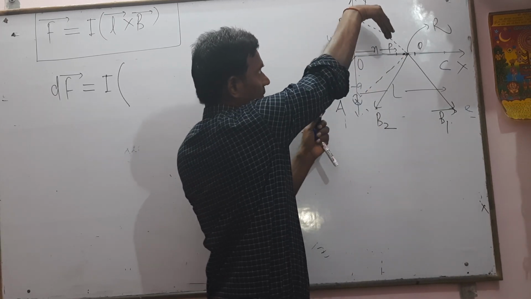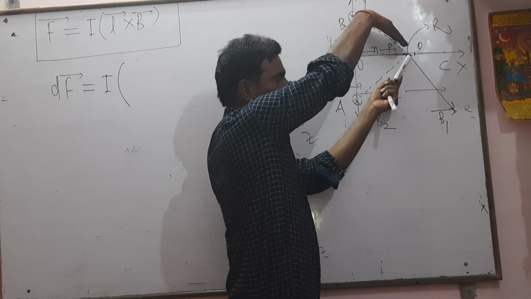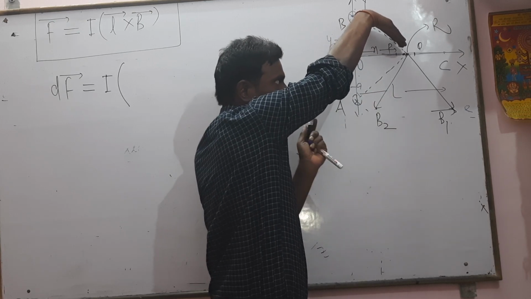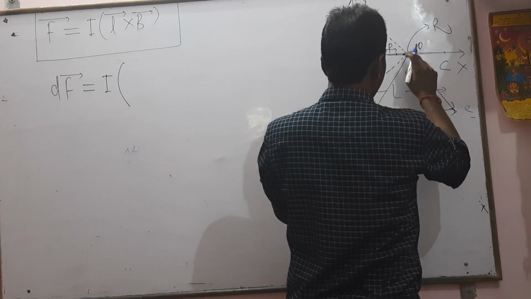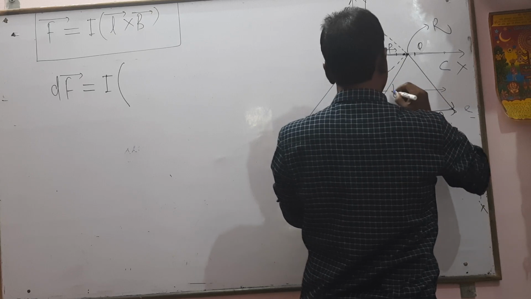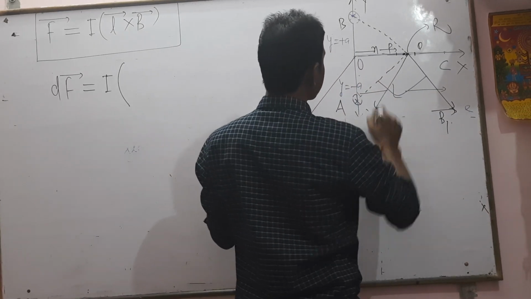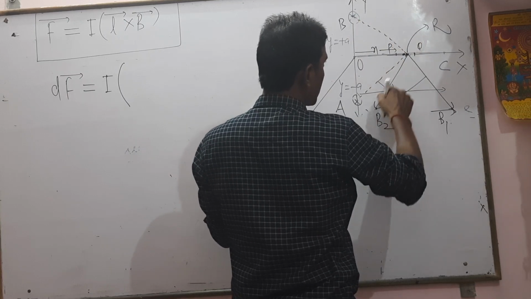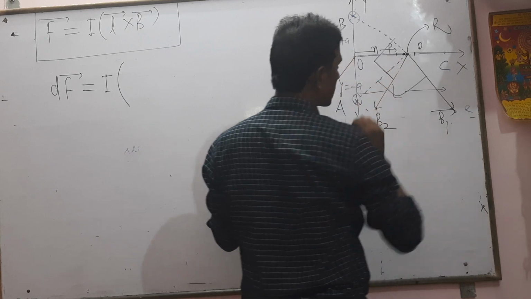Okay, direction of current of B will be in this situation. So at this point direction of magnetic field will be B2. Means we can say just AR and B1 is always perpendicular. This will be 90. Also you can say BR and B2 also will be perpendicular. This will also be 90.